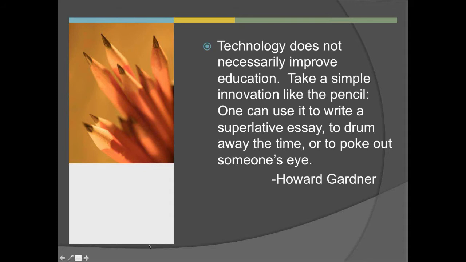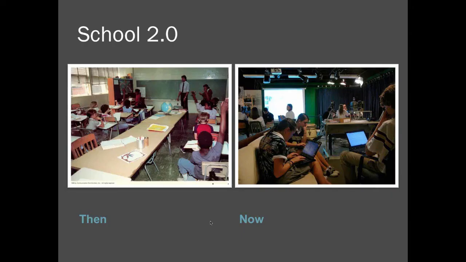The other thing that we have to think about is what school looks like. It has definitely changed a lot over time. The picture on the left here actually came from a Dolch basic sight word resource about what school looked like, and this picture came with it. The one on the right comes from a high school teacher's classroom, and you would think maybe this is the technology classroom, but actually this is the English classroom.